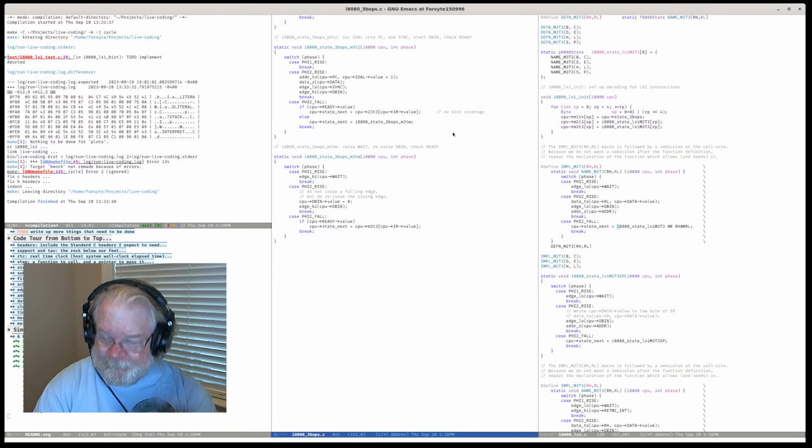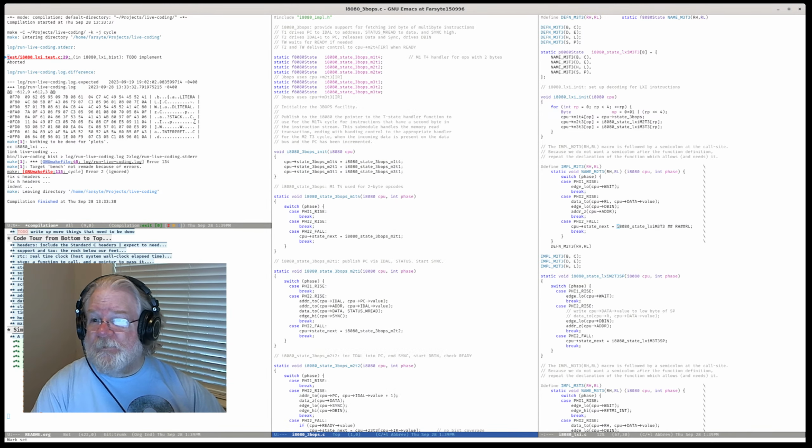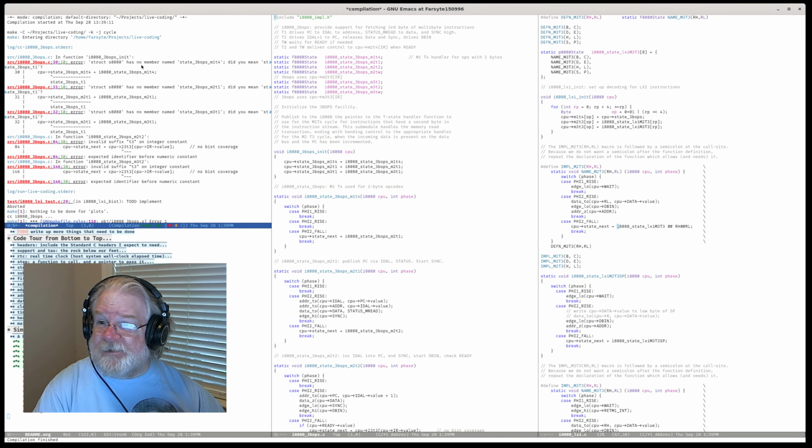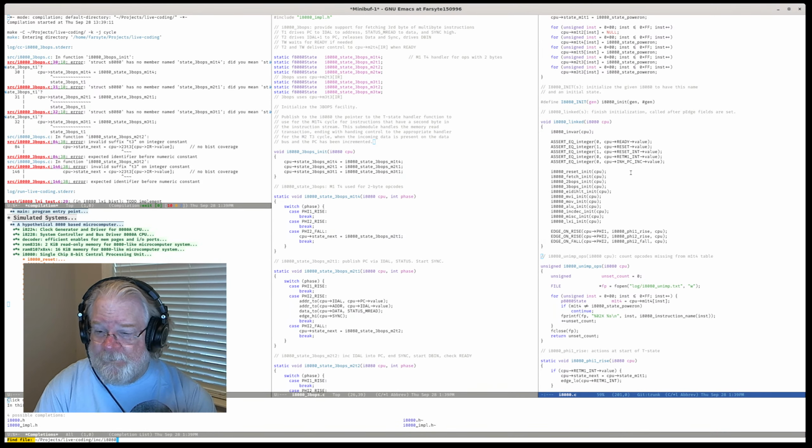So I'm just going to stick with my idea of lots of little teeny functions that know how to do something fully decoded, even if they're trivially different. Now this is not going to compile because I've changed the names of some things in i8080. Let's go here, i8080.c, inc i8080.h.